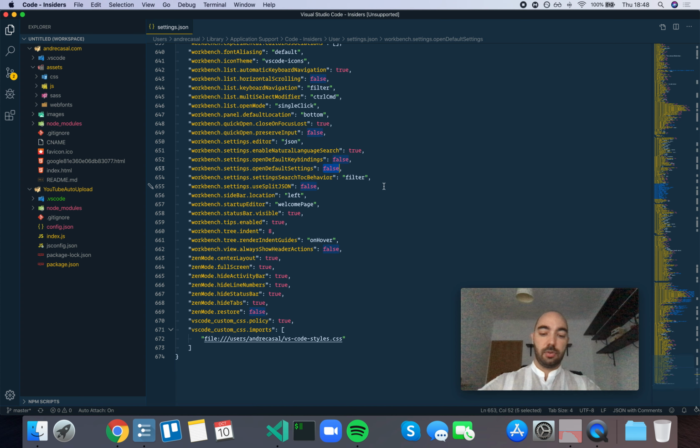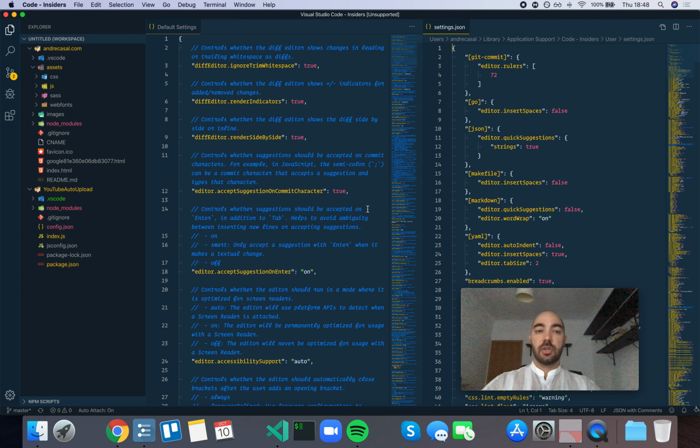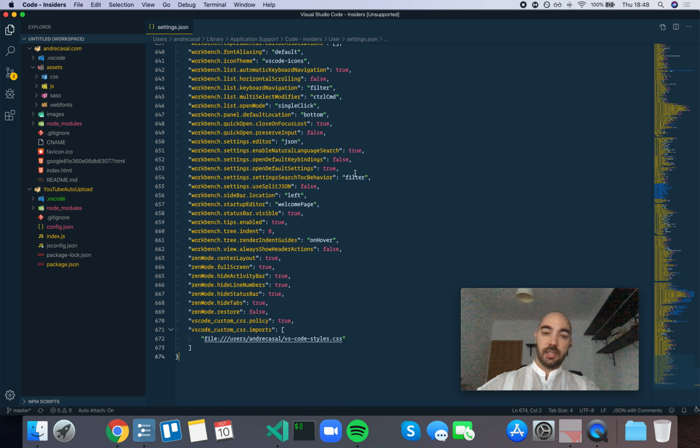If we set this to true, however, and we close it, when we open it, it's going to open our file and the default settings file so that you can see everything that is. Now, I don't find this to be very useful. What I would rather do, and I actually do it, is I copy everything that's on the default settings onto my settings.json file. And every time an extension or a VS Code update changes the default settings,